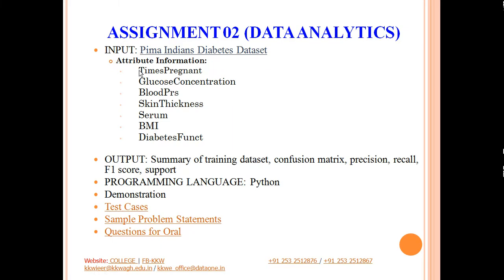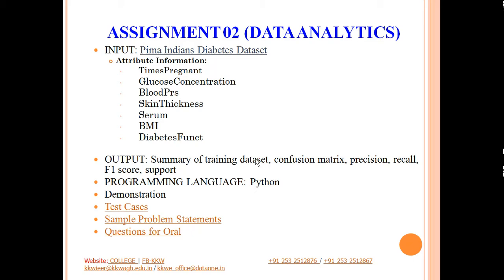So these were the features that we have already seen in the data set. Then, as output, we will get the summary of the training data set. We have to display the probabilities, and if we use the naive Bayes classifier, what exactly our prediction is and how much percent our prediction is correct. So we have to use certain performance measures to display that.